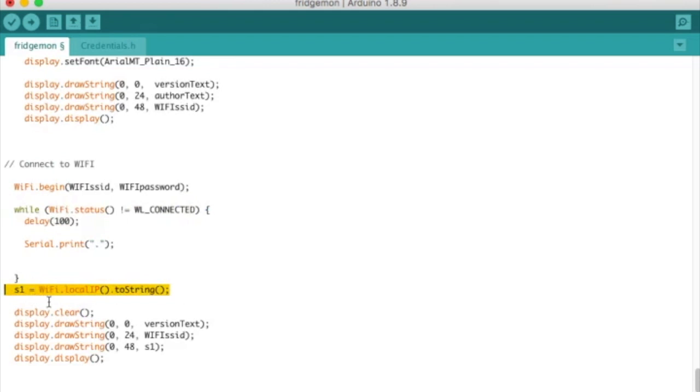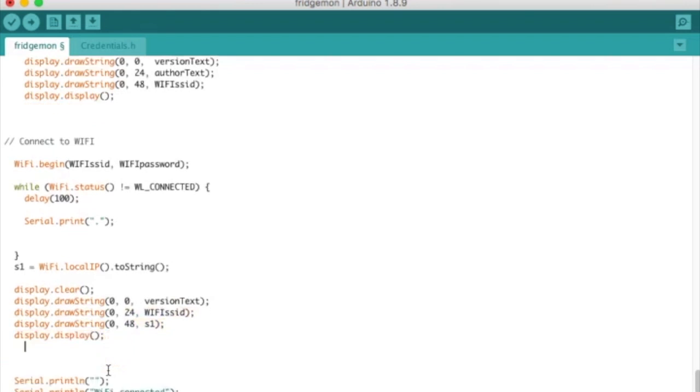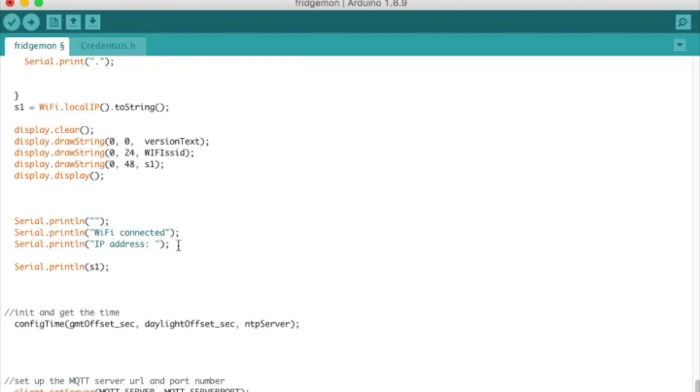And then we collect the IP address. So this Wi-Fi.local IP function will return the IP address. And this subfunction to string will convert that from the IP address format to a string format, so we can use it to display. So we are now going to display all these Wi-Fi values again. This time we display the S1, which is the IP address. And remember, we need to use the display.display to actually output the display. Send it out to the